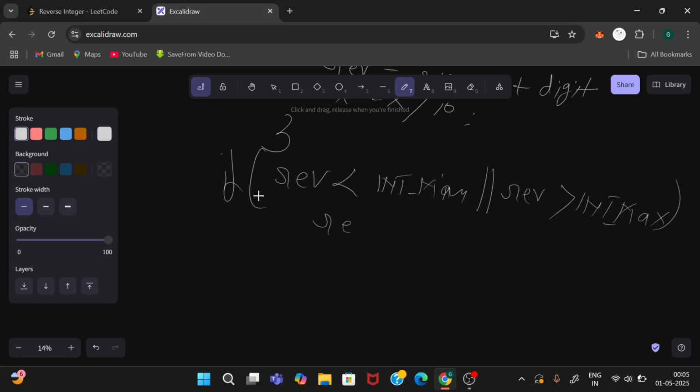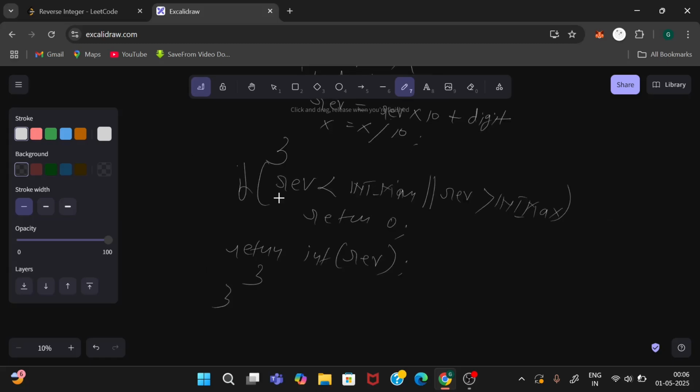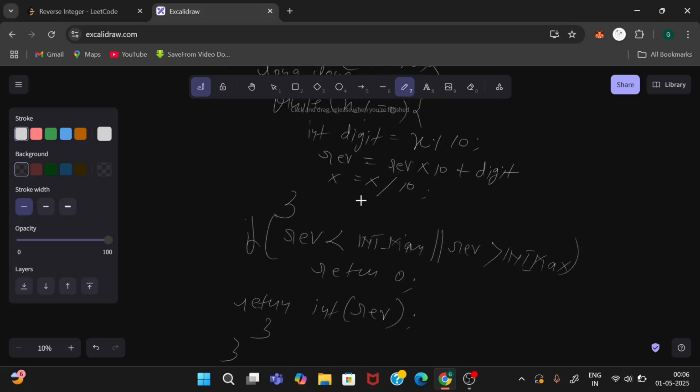If it is, then we have to return 0, otherwise return the integer form of reverse. Closing the bracket. So our code looks like this.